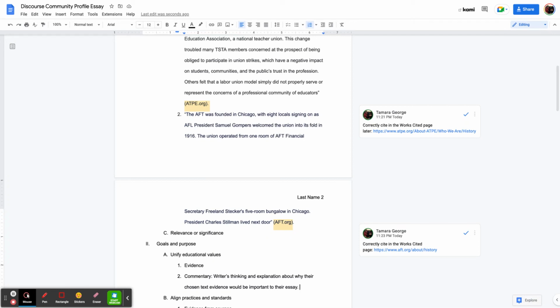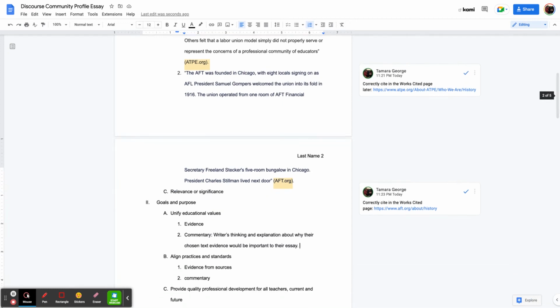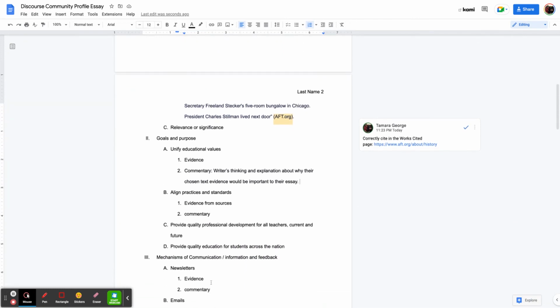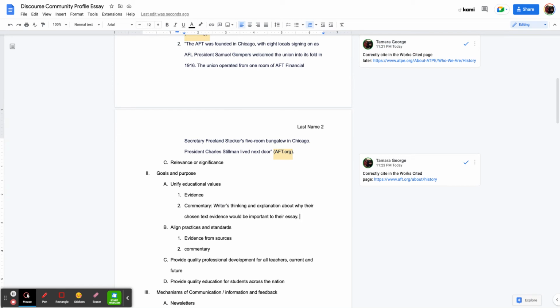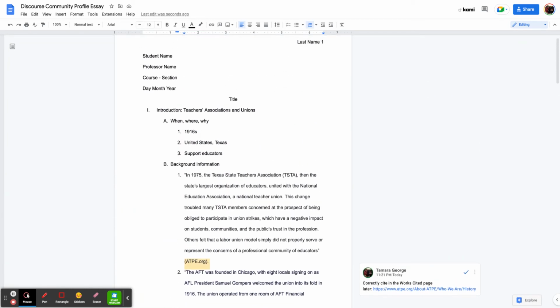Unifying educational value, or how does that text evidence really support their relevance or significance? How does that text evidence support that newsletters are an effective form of information in mass communication? So I really want to make sure that explanation is my thinking, or the writer's thinking, about that profile. So the next thing that my students had asked of me is that I would show them